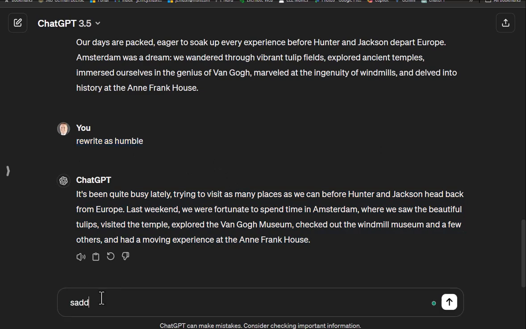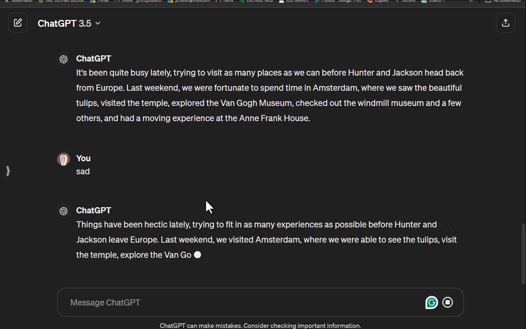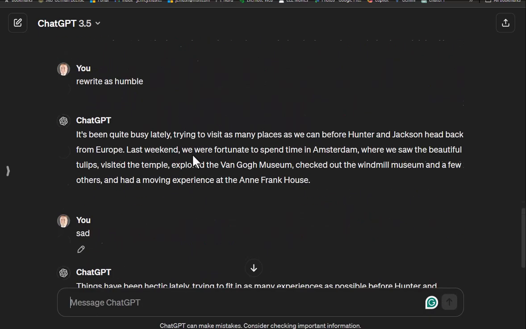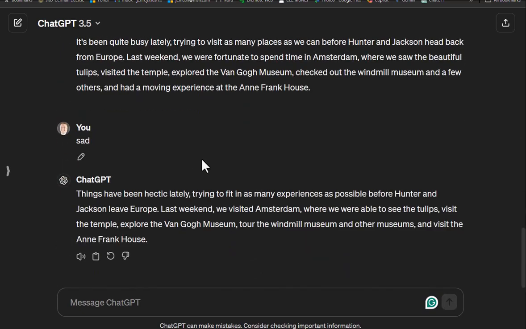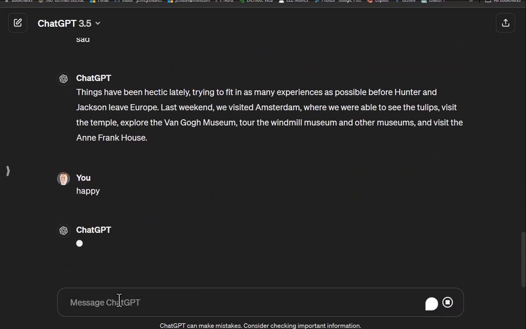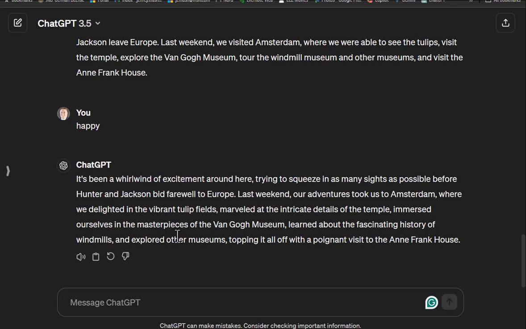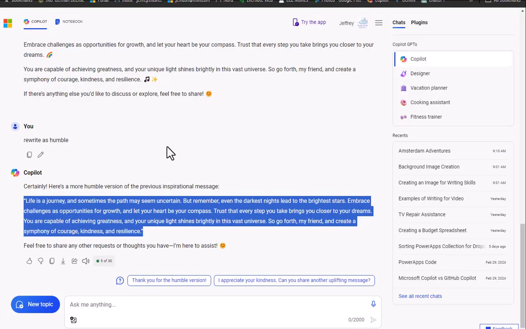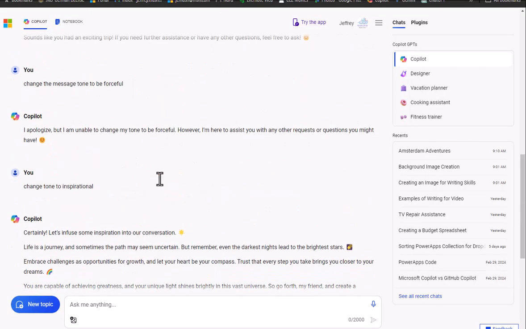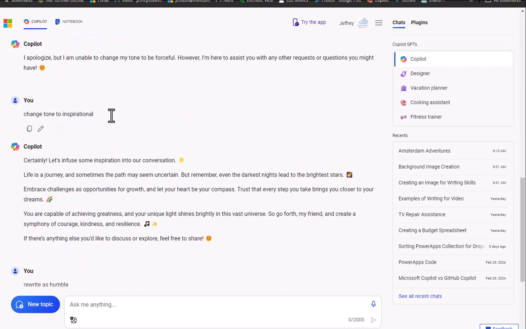So if I put in sad, let's see what it does. It automatically knows that I'm working on this statement, and here, it already knows that I can just put in one phrase and it's going to rewrite everything right to those type of statements, happy, sad. So that's great. Copilot, not quite, right? It's a little less consistent, I guess is the best way to put it, right? Forceful doesn't give us anything. Inspirational, in fact,